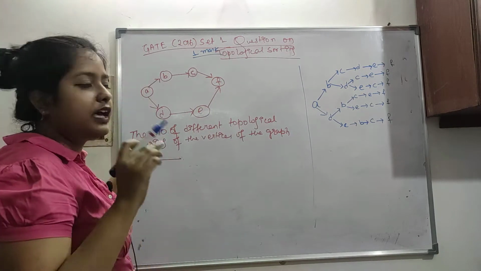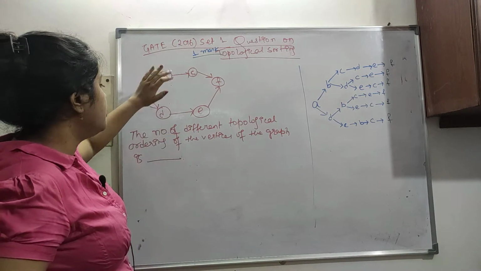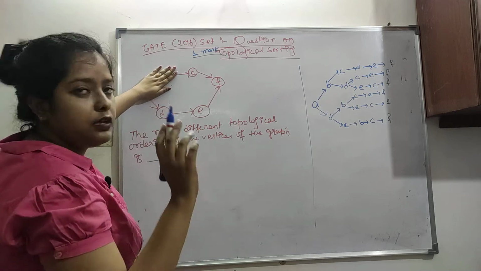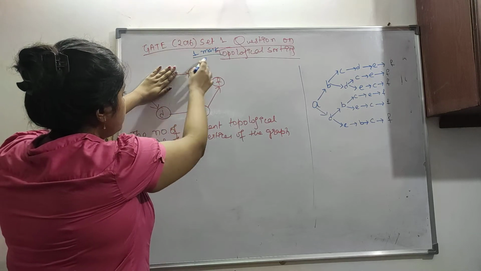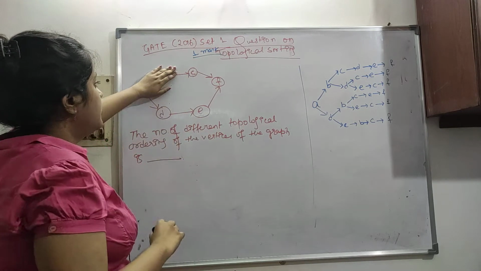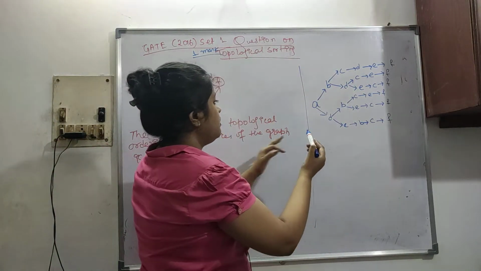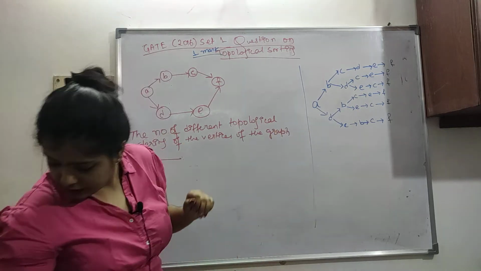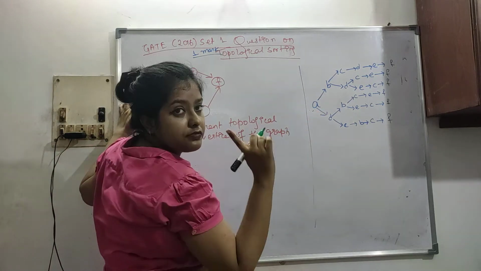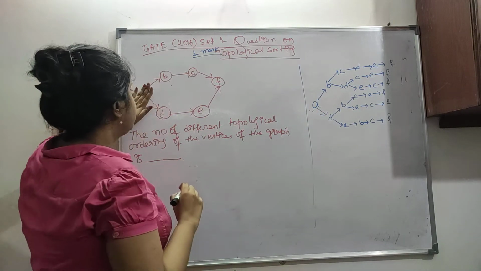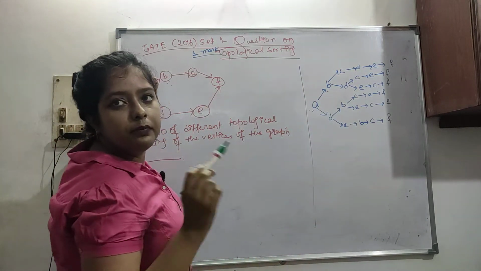We first have to delete A. Then we get two choices, either B or D. If we take B, then we can take C, and we can take D also. I have already made that tree so that you will be able to recollect it easily. So A should be the first element to be deleted. Now A is deleted, then B and D can come, in any order.